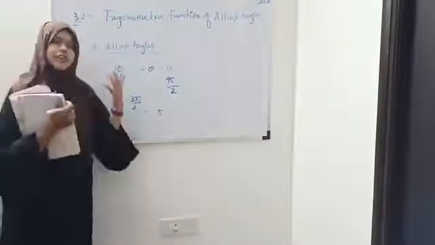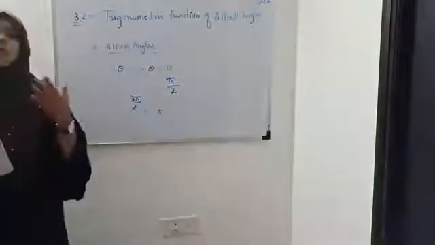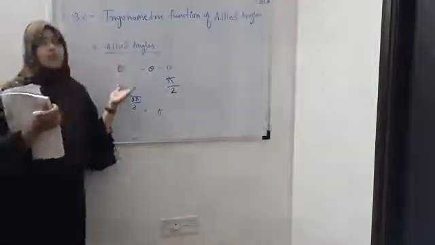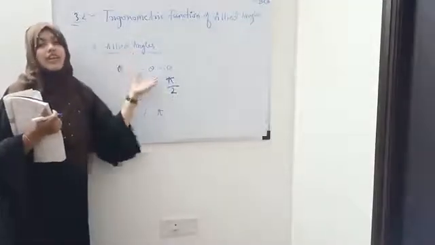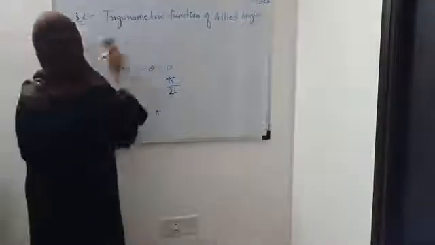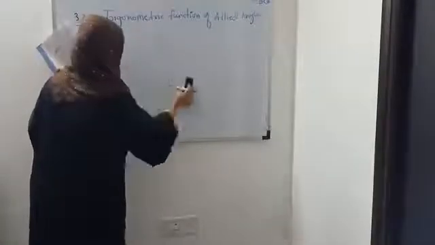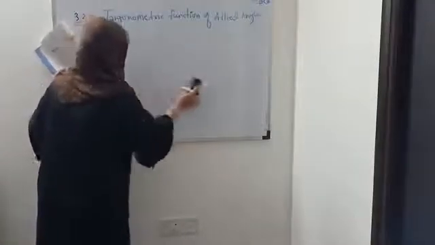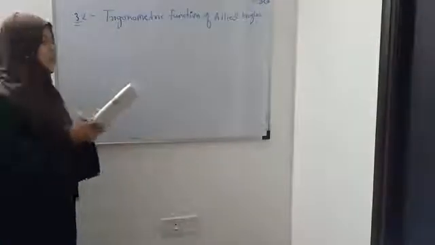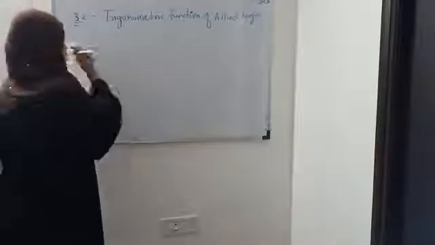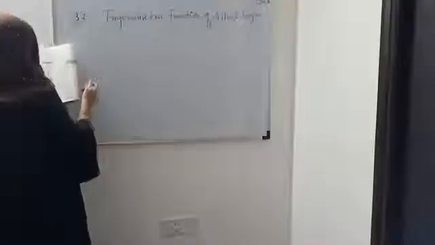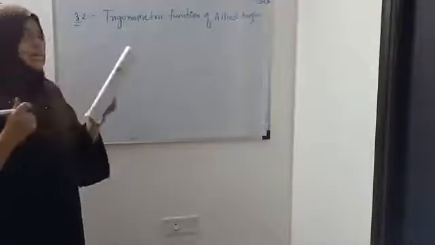So in the previous section, we have seen the formulas for the compound angles, and in this section we are going to see some formulas for the allied angles, right? Here the formulas are given without proof. You have to just remember all these formulas, which are very useful for solving problems. I am just writing all the formulas. It is on page number 40. I hope the meaning of allied angle is clear.